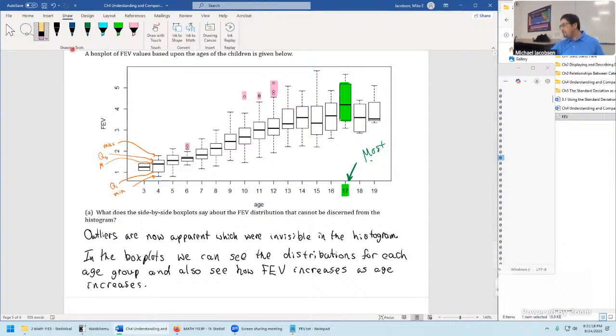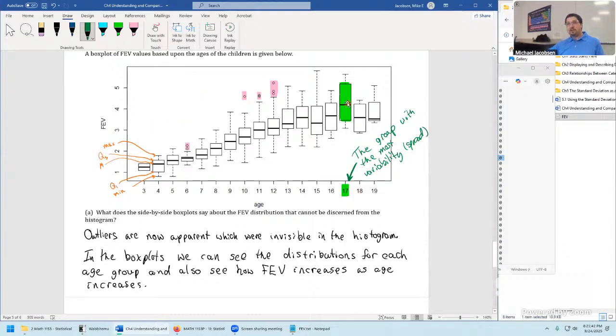That's a kind of weird way to say it. Let's say the group with the most spread. Oftentimes our author says the group with the most variability or spread. That would have been worthy to mention as well.